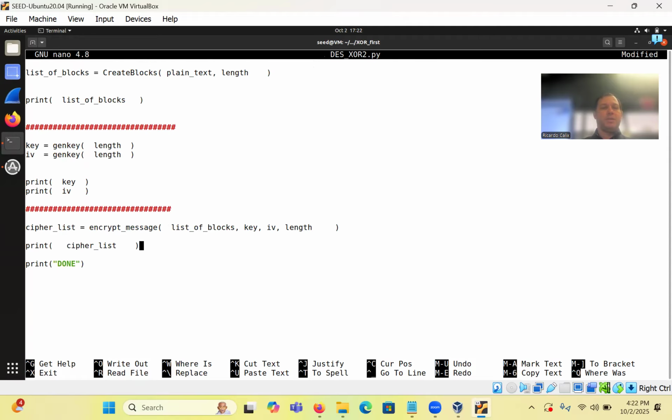because this is going to drive the whole thing. So I printed the cipher list, right? And now I have to do decryption. We're going to decrypt. So we're going to call it decrypt message, or in this case, decrypt cipher. So I'm going to create here